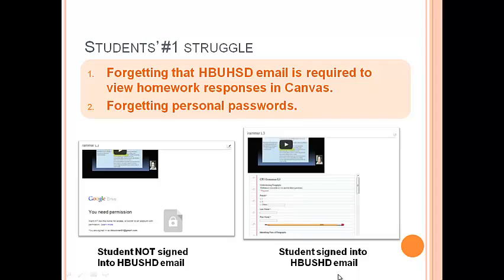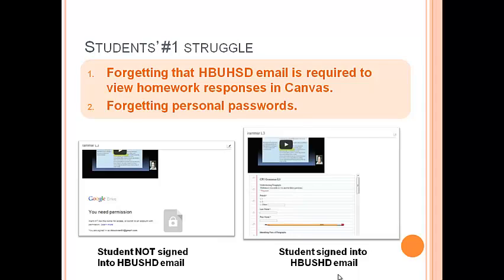The other problem that students are having is they're forgetting their passwords. Initially, to activate their email, they had to have their PIN number from the district. Some kids have changed that PIN number and then forgotten the passwords, and I don't have access to that information. I can help them by resetting it back to their PIN number, but if they've lost their PIN number, then they have to go get it again from an administrator. So these are the struggles that our kids are facing.